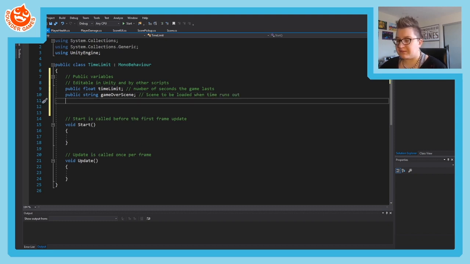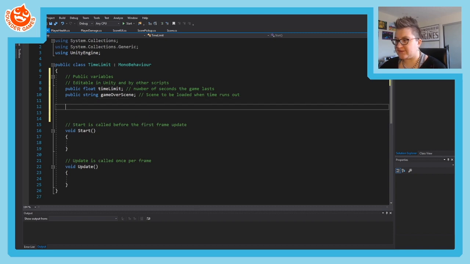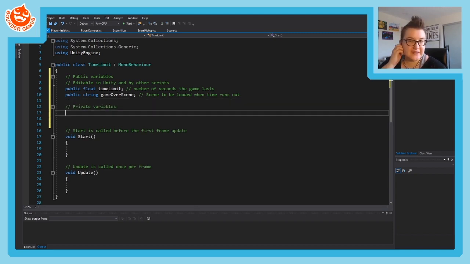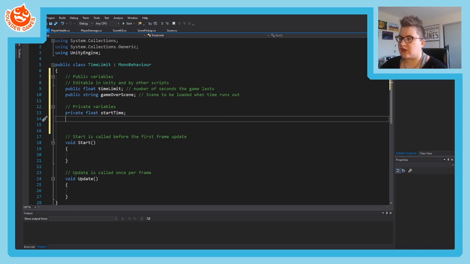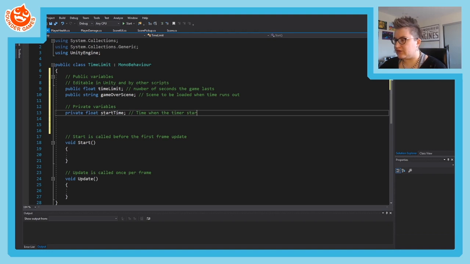Okay? Then we can add some private variables. And these are ones that are not accessible in Unity, nor are they accessible by other scripts. They're only within this script. They're kind of just things that you keep track of, like sticky notes for the script, right? Not things that other people are meant to read or use. So let's go ahead and call this private float start time. We'll keep track of when we started. So time when the timer started. And then we can have private